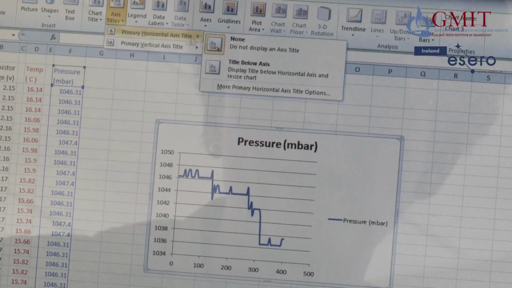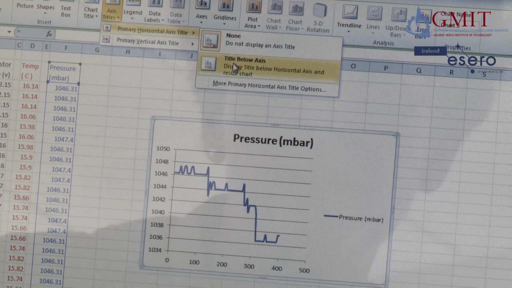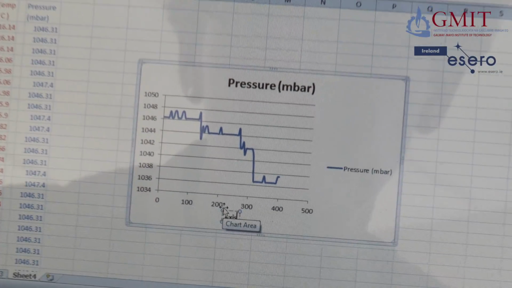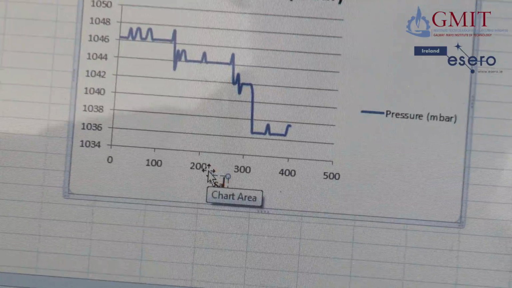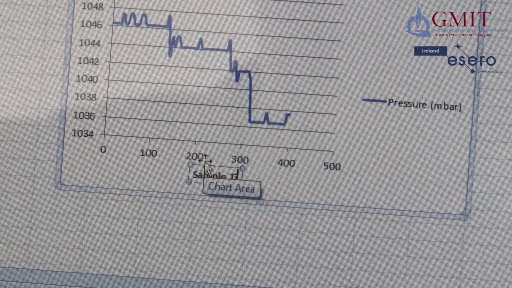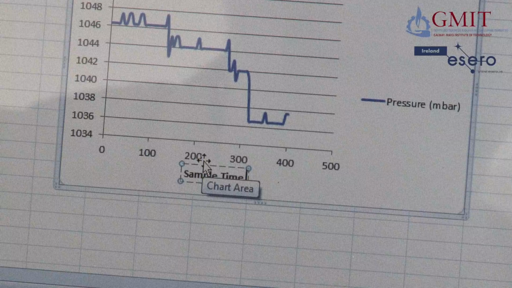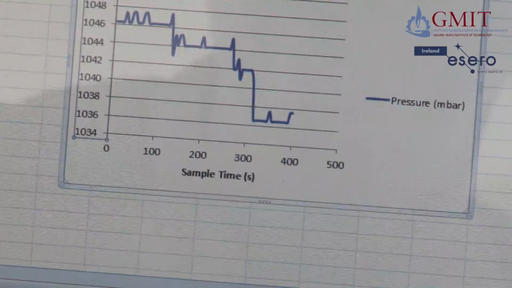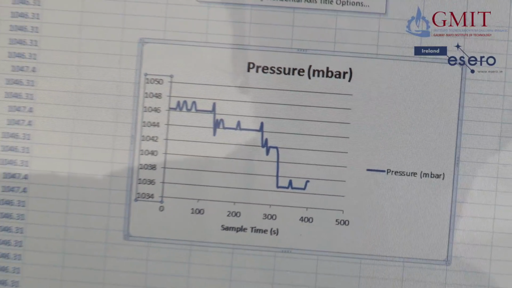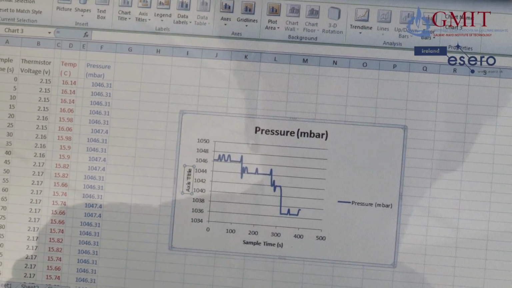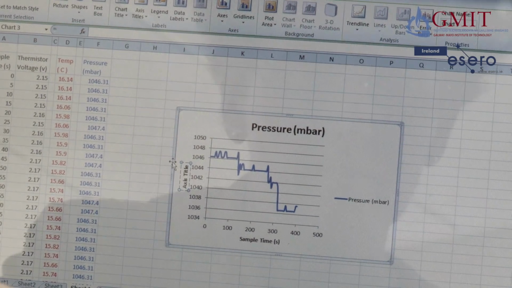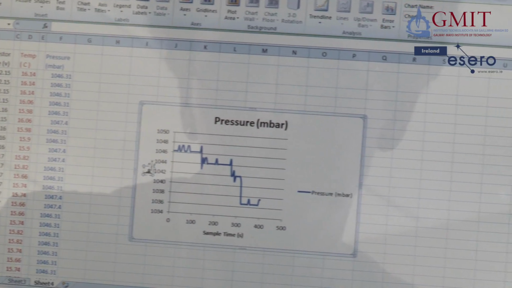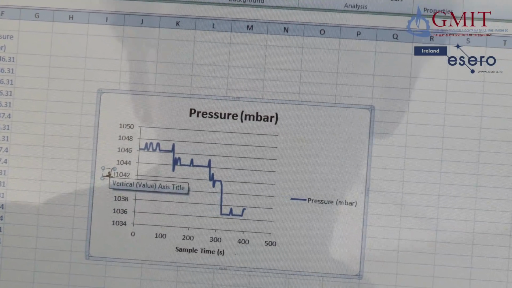So our horizontal axis this time we'll put in, and I'll title it sample time, and in brackets I'll just put seconds, so you know they're seconds. The vertical axis, pressure,